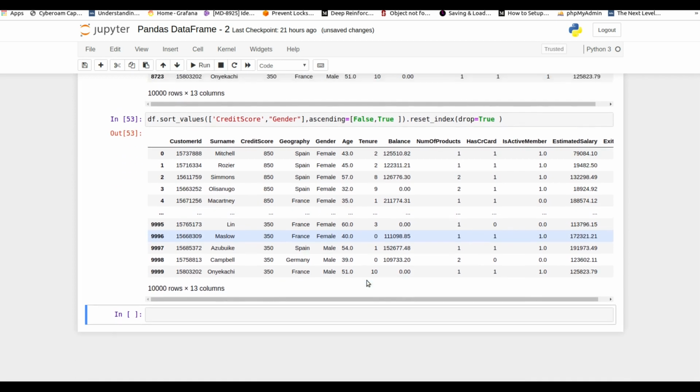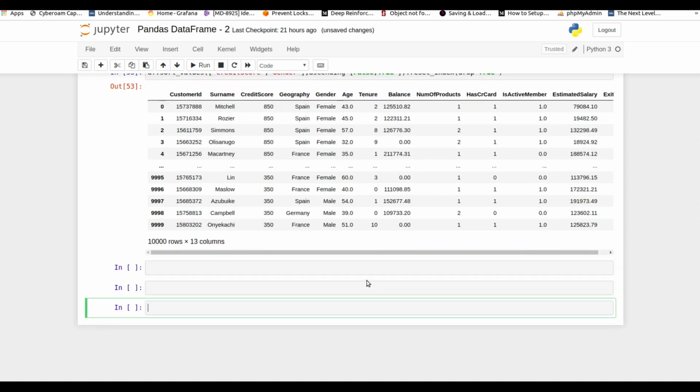Now at last I'm going to cover rank values. Rank values actually do a very good job. There are various methods to use the rank function in different ways. Suppose I take this scenario: we have a credit score and I need to check how many persons in the bank have a credit score of 850, and we give 850 rank 1. In this scenario, if you need to perform this ranking, there's a function rank. I'm going to describe the basic one first.